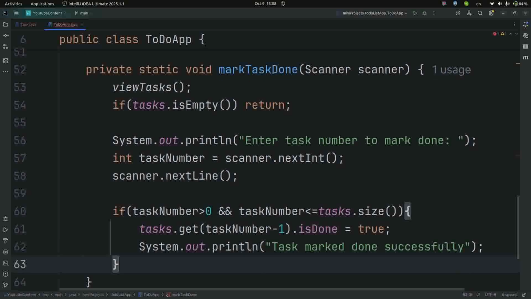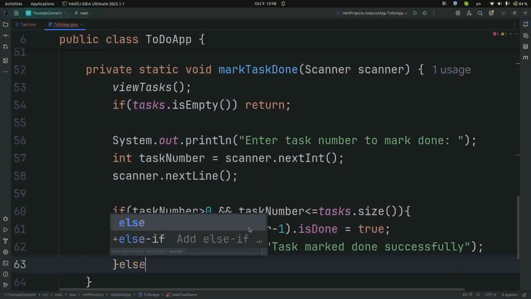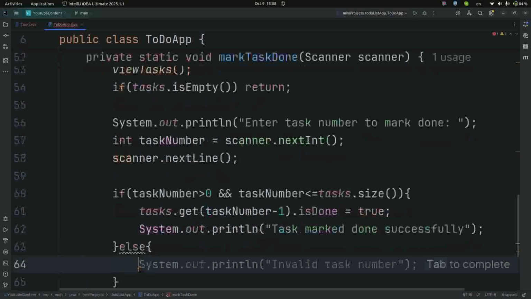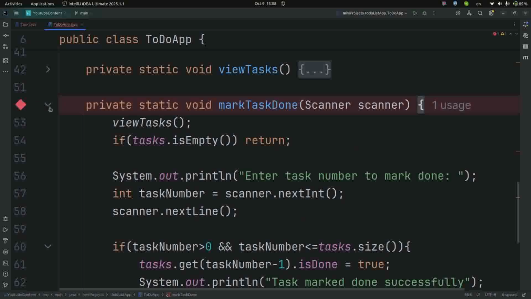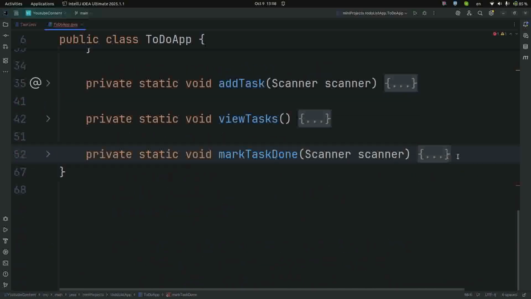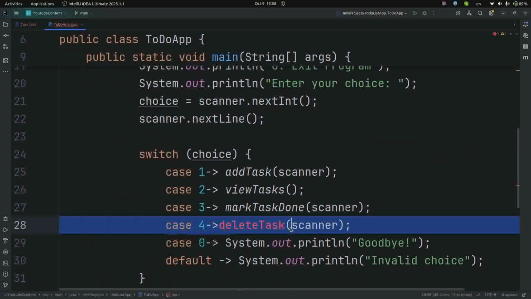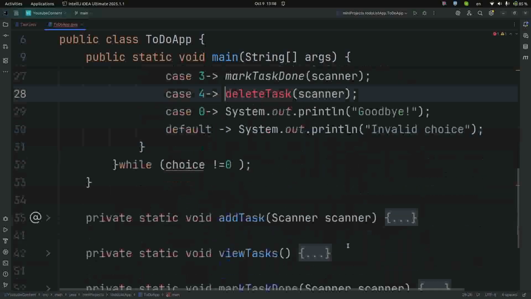successfully. And then we come here, we have an else. If the task number is not greater than 0, or it is larger than the task size we have, we're going to tell them that we have an invalid task number, and they should try something else. So we're done here. We have our mark as done,